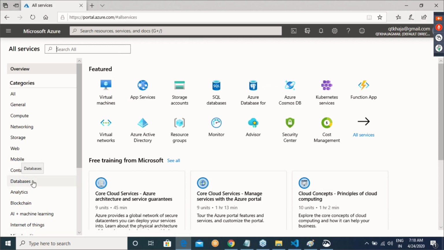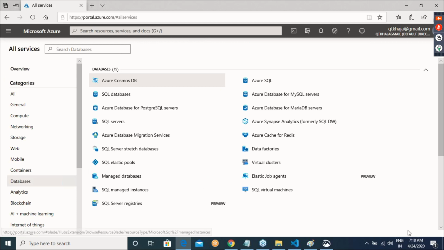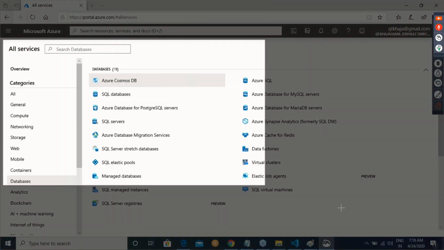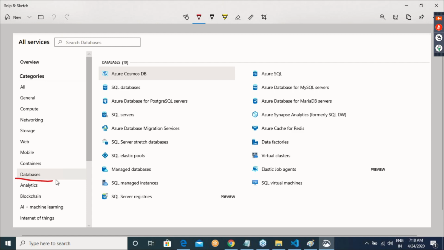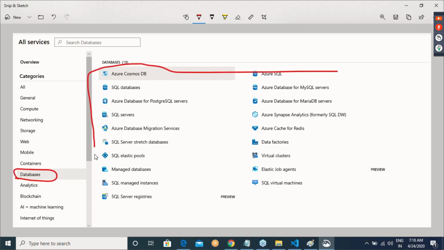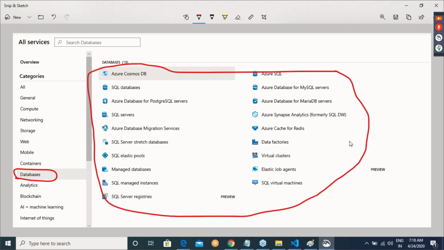Now, let me come to databases. This is our area. This is what we want to stay focused on. In databases, there are many areas, and we need to understand these things. This is our basic agenda.